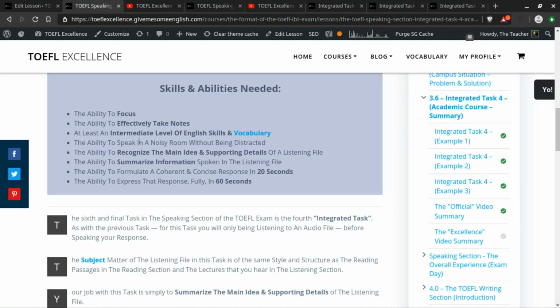So they might give you something which sounds like a main idea, but then after you hear them speak for about a minute, then they'll actually tell you what the main idea of this particular listening passage or lecture is. And then they'll follow that up with at least two supporting details. They might have a third, which seems like a third supporting detail, but usually that one will be kind of a sub detail of one of them, probably the second one. So that's really it. You have one main idea, you have at least two supporting details,